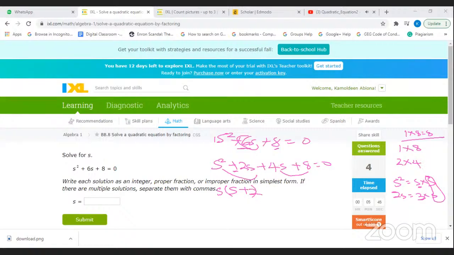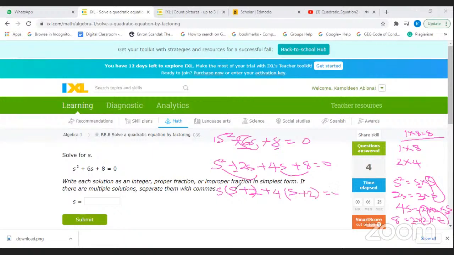So for 4x and 8, do the same thing. 4x is the same thing as 2 times 2x. Then 8 is 2 times 2 times 2. So 2 is common. Another 2 is common. Make it 2 times 2, 4. So 4 is common. So we have plus 4 outside the bracket. We have x left up here. We have 2 left here. Plus 2